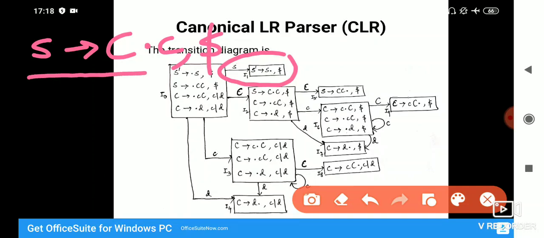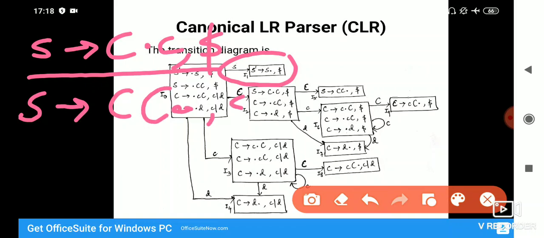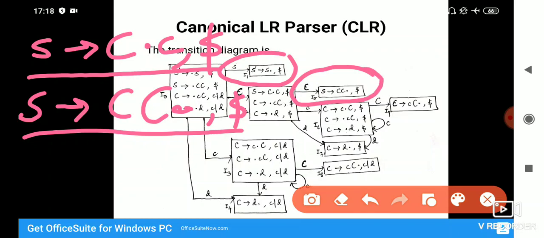The very first thing that we will do is make a J out of this. That means we will change the position of dot from left to right of C. We get CC dot comma dollar. Since this is a complete item, this will be the only item generated from this. So we get a new item set called I5, which I am circling over here.